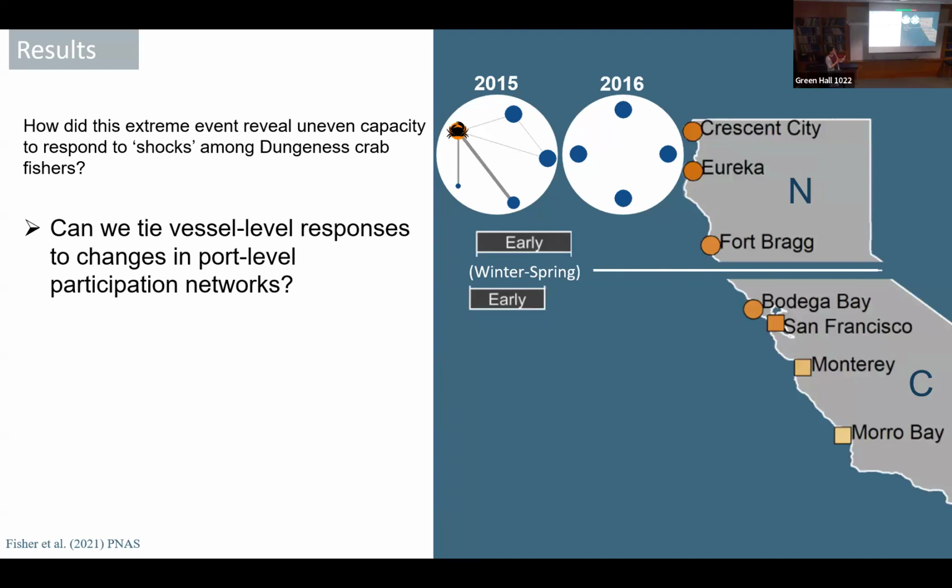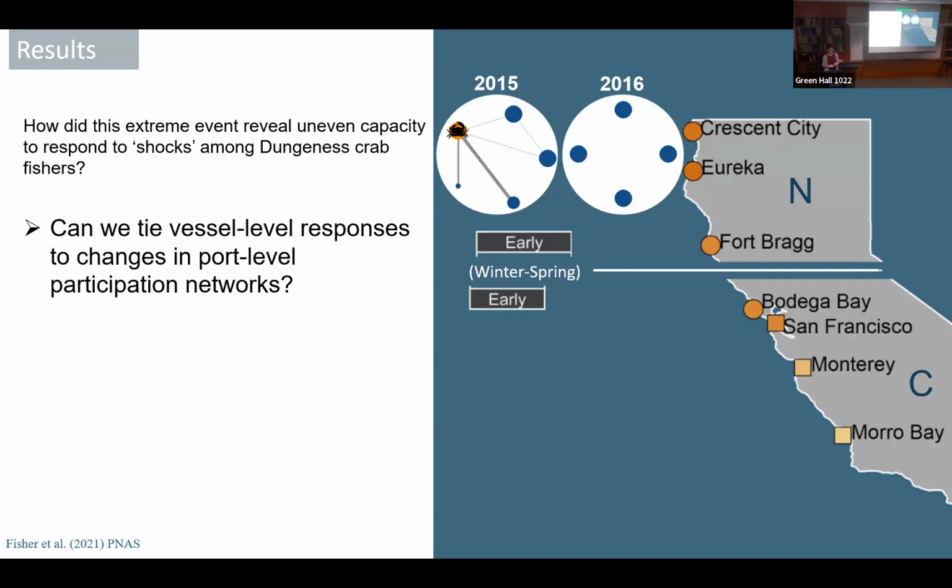Even though we modeled these structures across 10 years and 4 different port communities, I think that these network images for the Eureka port communities demonstrate these changes pretty well. You'll notice that there's no Dungeness crab in the 2016 network because the fishery was closed at that point. So the decreased edge density that you can see in these Eureka networks was associated with the